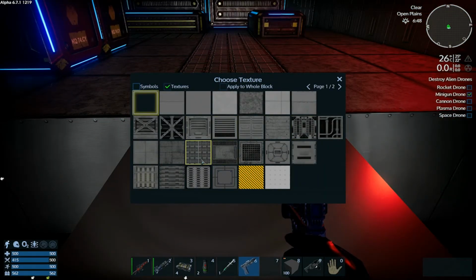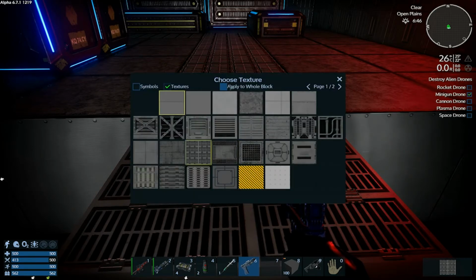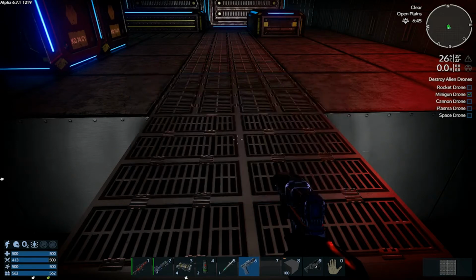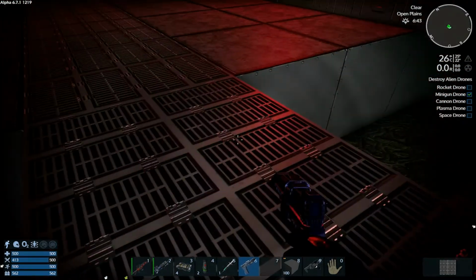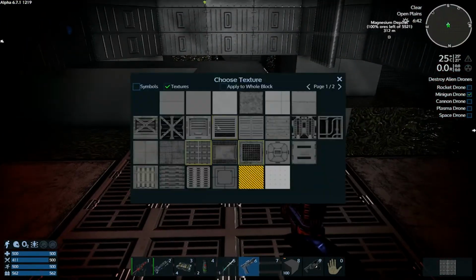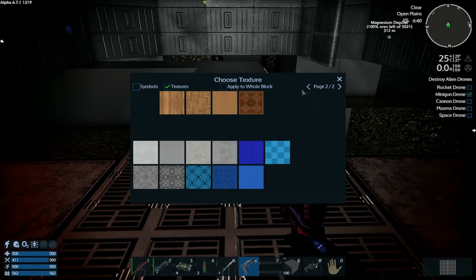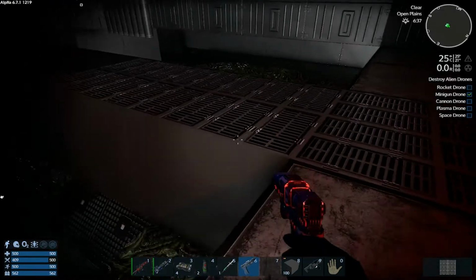So what are they using? I think it's this one? Kind of. But it's facing the other way. Seems determined to be the wrong direction. I wonder if there's... I don't think there's a way to rotate the pattern. Symbols. I wonder, apply to whole block, maybe? Would that...